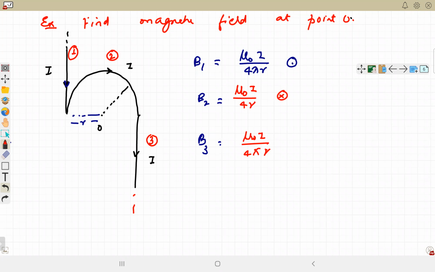Outwards. Okay, how? Explain. Stretch your right hand palm, place thumb in the direction of current, stretch your palm towards point O, and then give a slap. Is it going in or coming out? Rahul, place the thumb towards the current, stretch your fingers towards point O and give a slap. Is it inside or outside? Going in or going out? Are you getting what I'm saying or should I show on board? Sir, please show once on the board. Okay, wait.